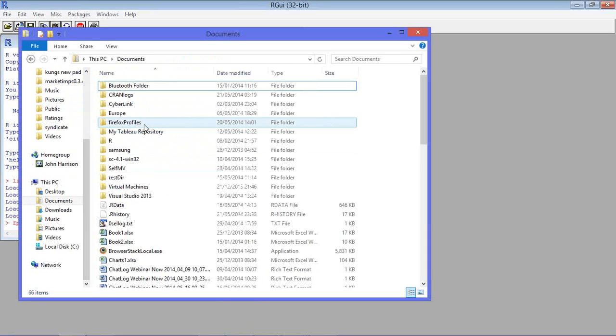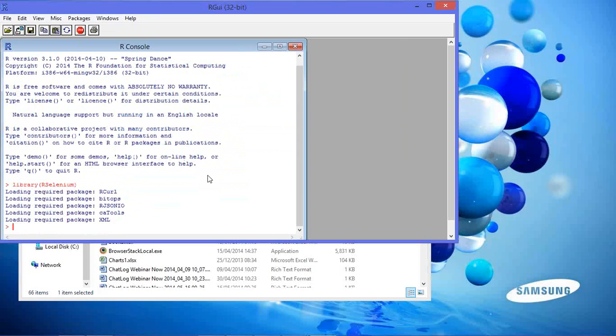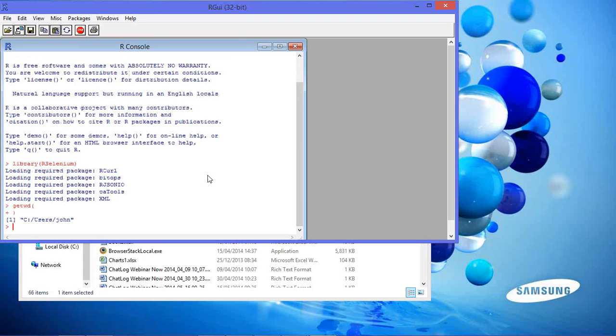So I have a directory of Firefox profiles. Let me just check what my working directory is here. Okay, so I'm not in my documents folder. So we can use this get Firefox profile method. And as I say, in my documents folder,